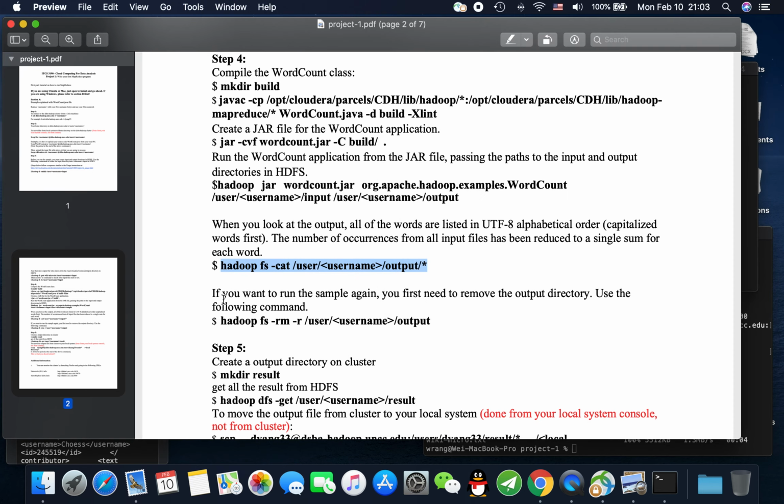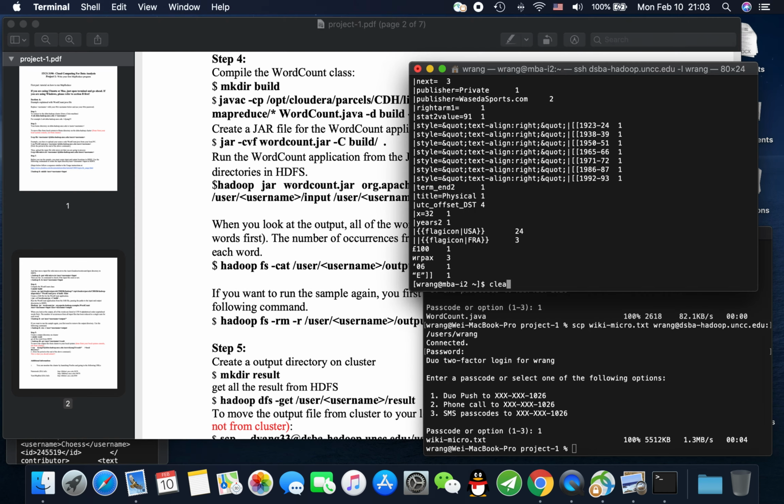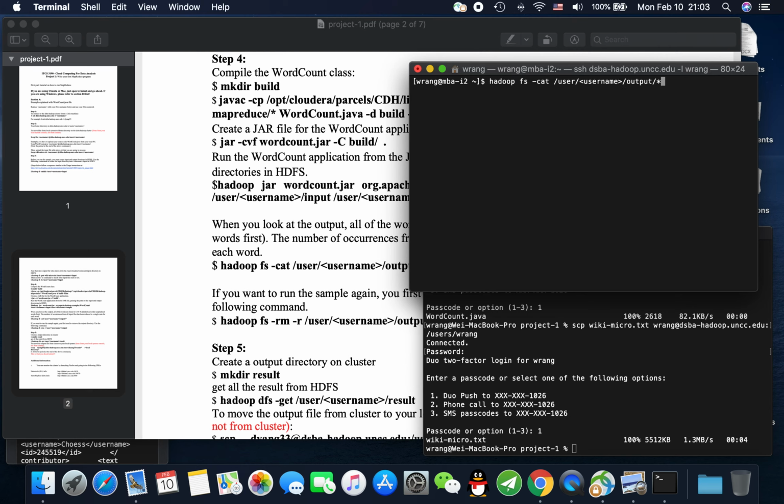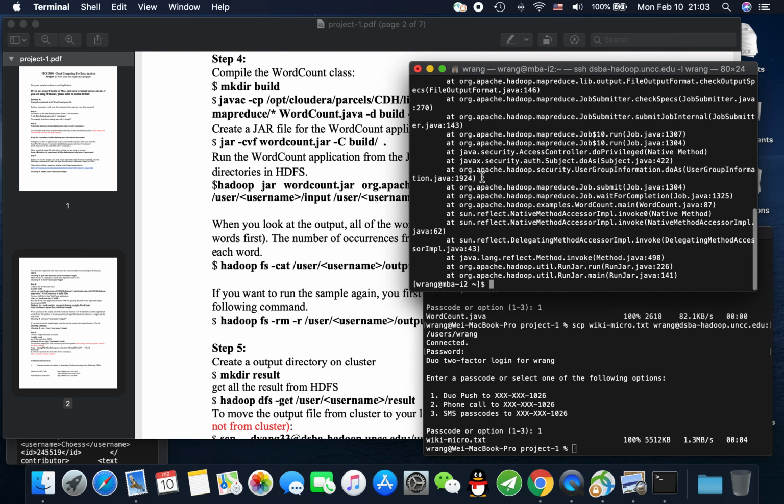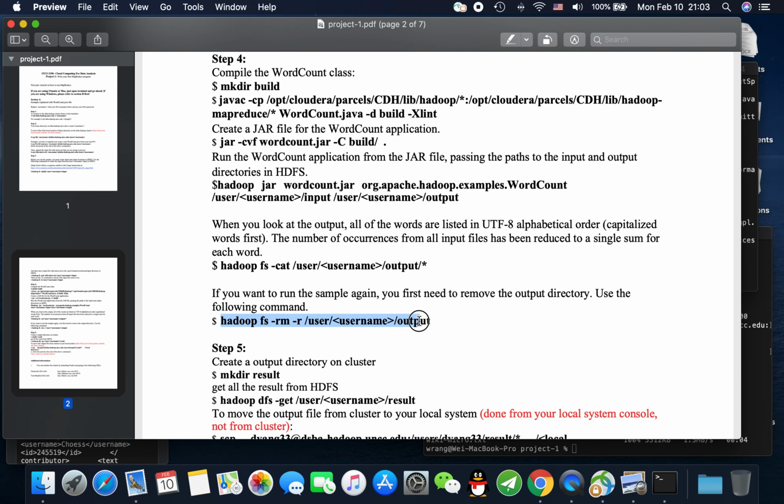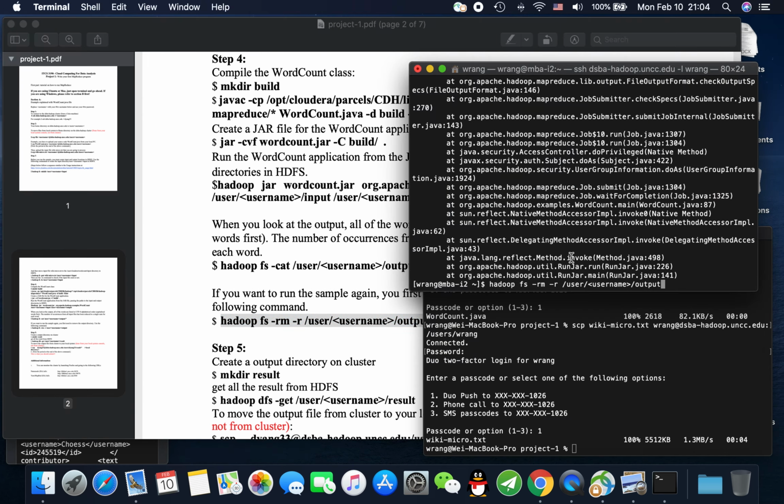So if you want to run the sample again, you first need to remove the output directory. Use the following command. If you don't delete it, the command will not run successfully. Let me show you. You see, you will have an error. But if we use this command line before we run our application, I mean the same application,